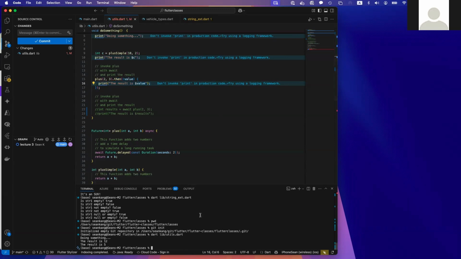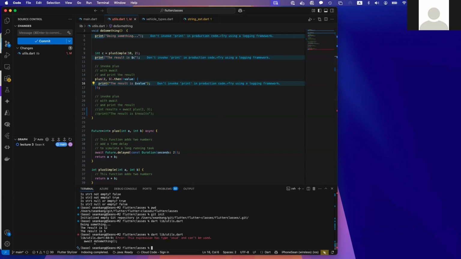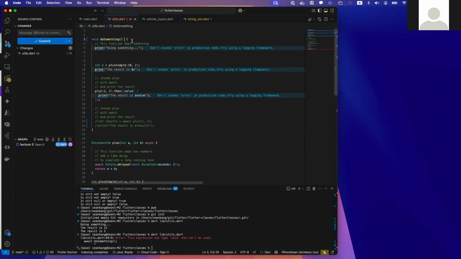If I run this again, you see there's an error here at runtime. That's because of the problem that I removed this async. So put this async back, and put this Future<void> here. Now, if I call it again,